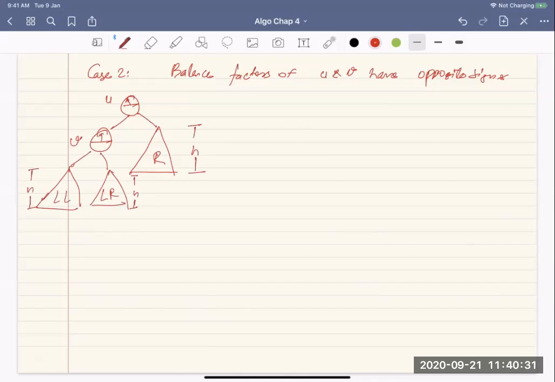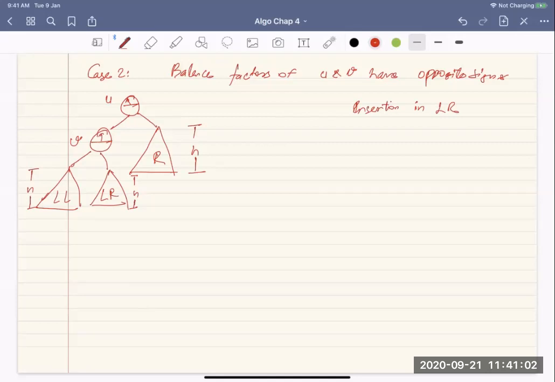So now what you do, you insert in LR. So you do an insertion in LR. Actually, what turns out in this case, you will have to look at where in LR you do the insertion.